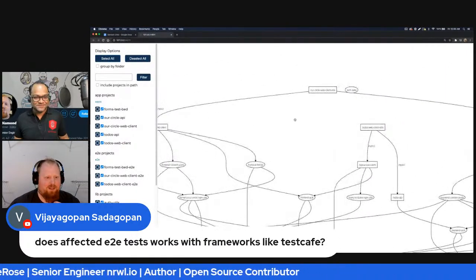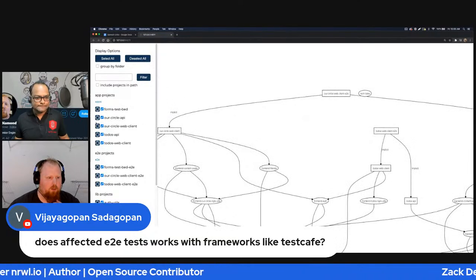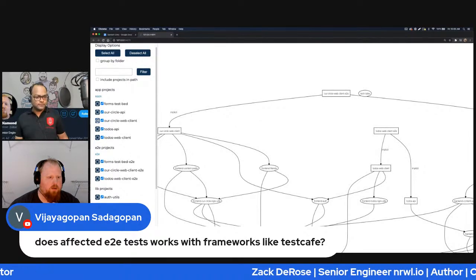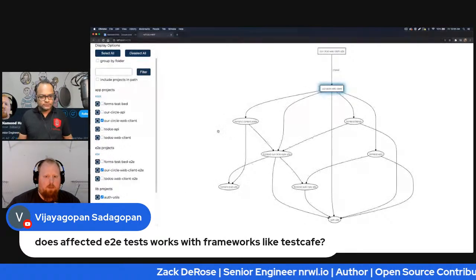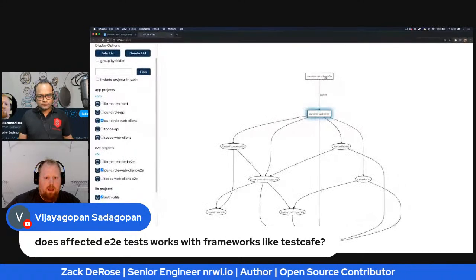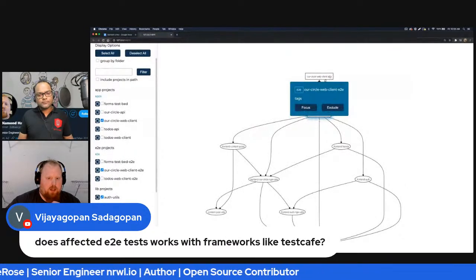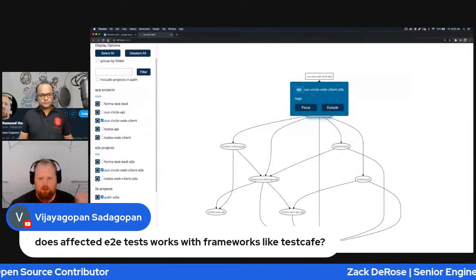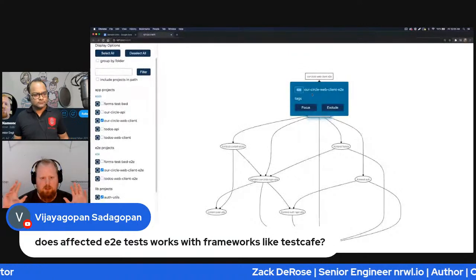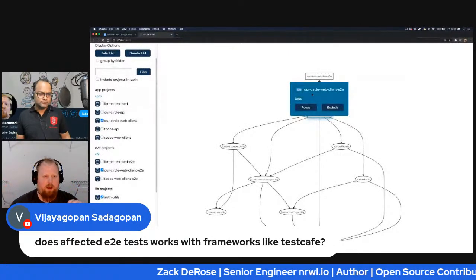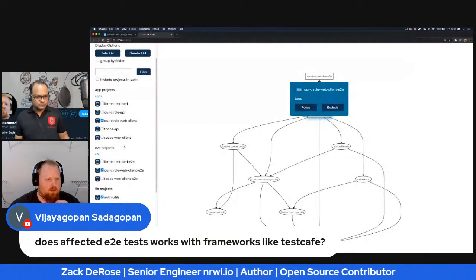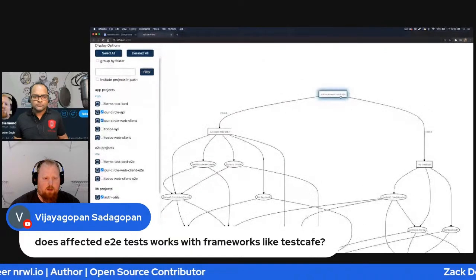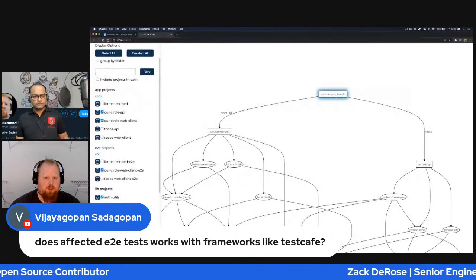But anyways, let's just target one of these apps to make it a little more manageable. So let's look at the web client for now. End-to-end projects exist as apps. They're kind of their own distinction inside of the NX chain of things. Let's target the end-to-end one specifically, and we can see that it has what's called an implicit dependency.